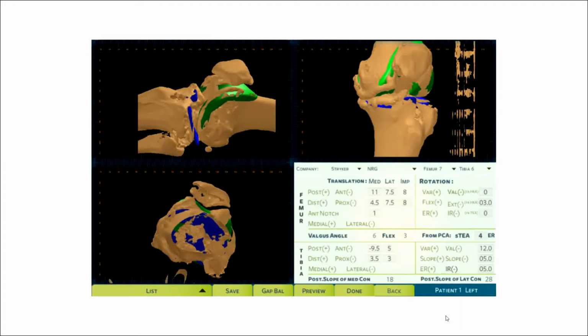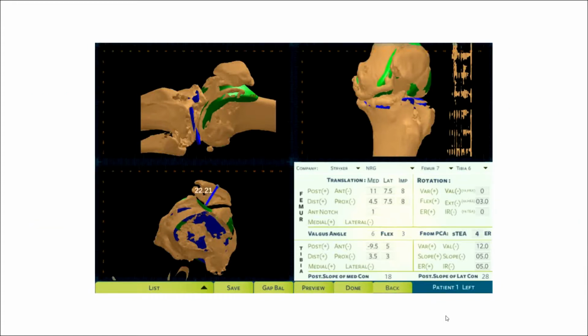Knee 3 waist implant selection screen. This screen has 4 windows. The top left window is the lateral view of the knee for the lateral side. The top right window has the AP view of the knee from the front, and the bottom left window has an axial view. The bottom right window has the information regarding the calculations for the planning of surgery.